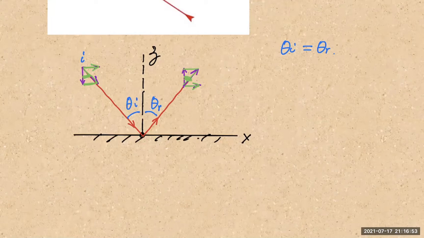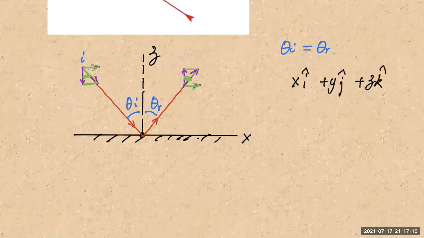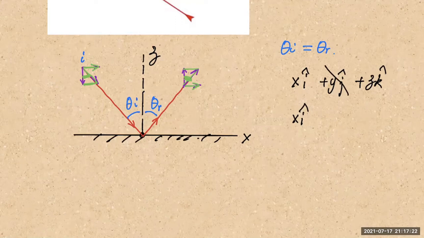So if I have the incoming vector as xi plus yj plus zk, I have xi plus yj plus zk. That's the most general expression, right? Look at the outgoing. The outgoing one is still xi. The x component doesn't change. Now, what about the y direction? The y direction is non-existent. It's 0 in this case. Okay, right? The beam only lives in the xz plane. So it's plus 0 plus